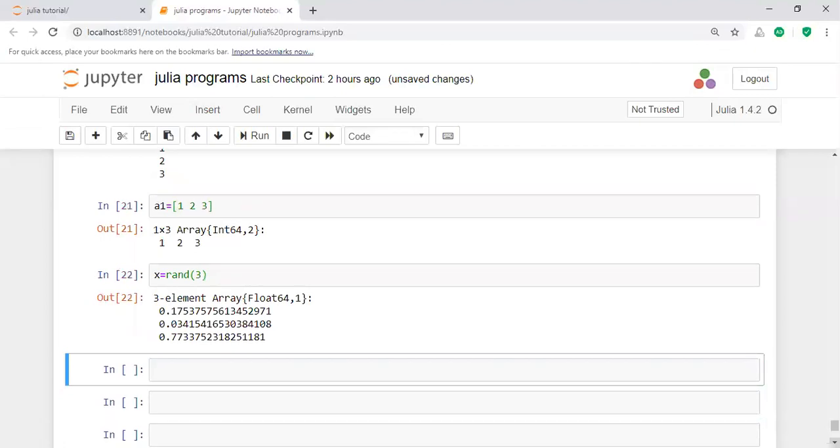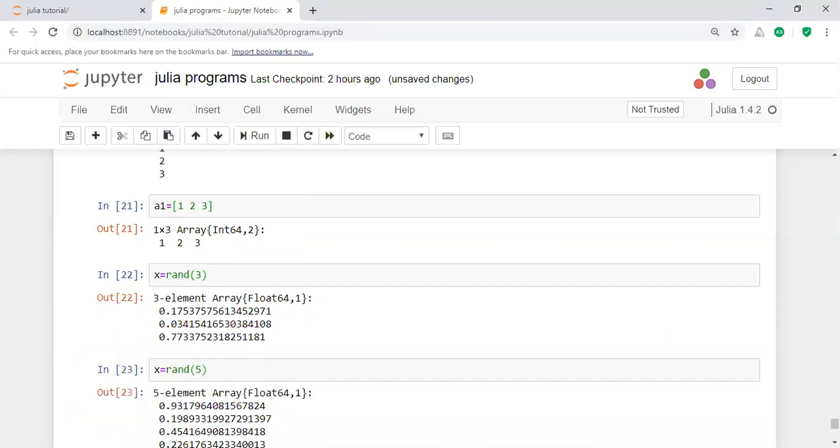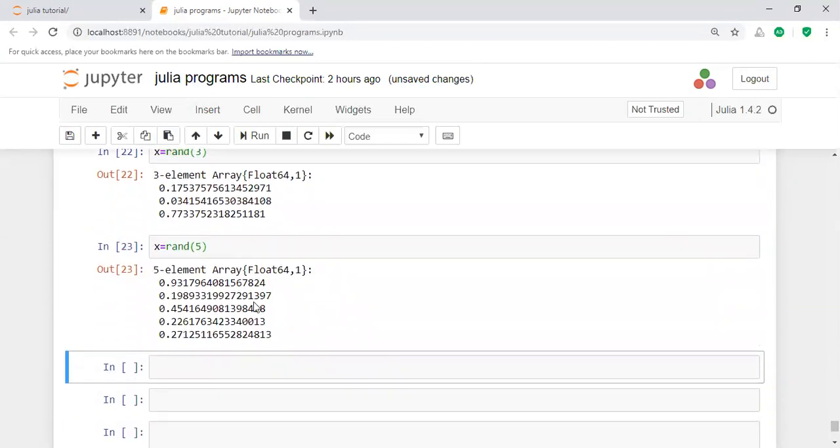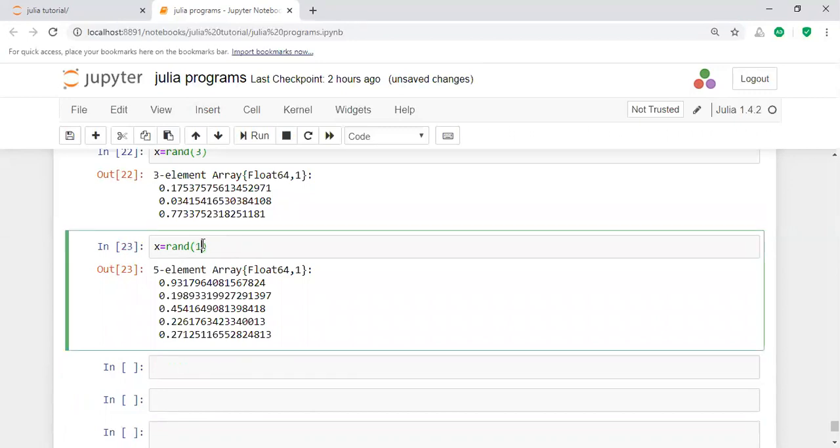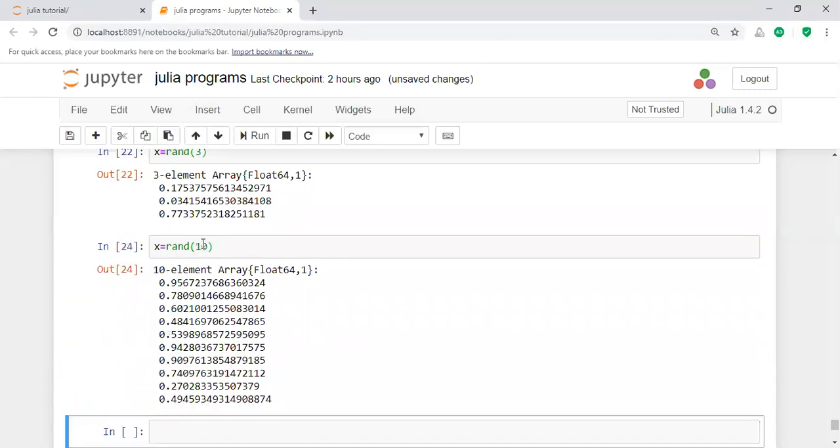That means by using the random function, the elements of the array are Float64. If you need five different random variables, how can you get them? By using rand of 5. The rand of 5 displays 5 different variables. If you need 10 different variables, then you write 10, and it automatically displays 10 different random values.